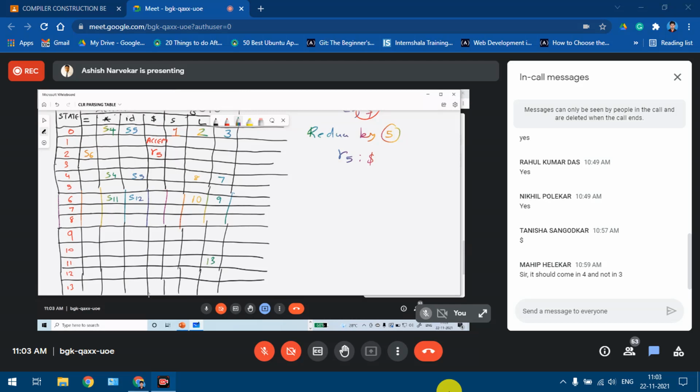Then on star, it goes to 11 itself, so under the star column, we'll have S11. Under ID, it goes to 12, so it will be S12. And I think that's it. So we have completed the shift entries and the go to entries for all.